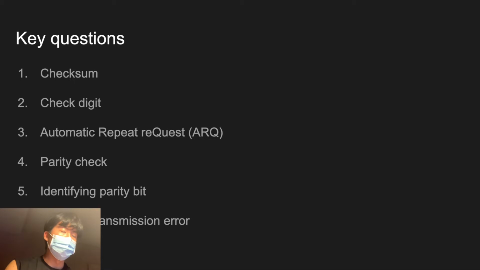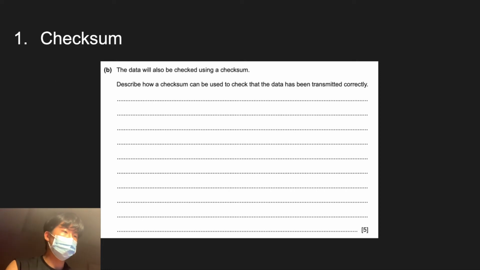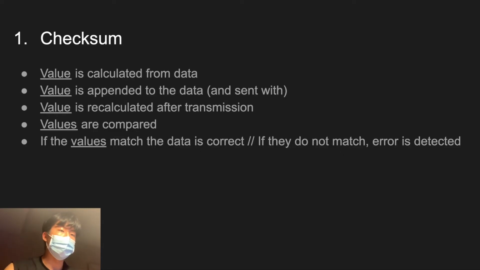So I'll start with the descriptions of each method. The first method is checksum. The question asks you to provide an explanation of the checksum. So checksum, a value is calculated from data. And I underlined this term value because value is a key term for the checksum method, which will differentiate it from other error checking methods. So value is calculated from data, and the value is appended to the data and sent